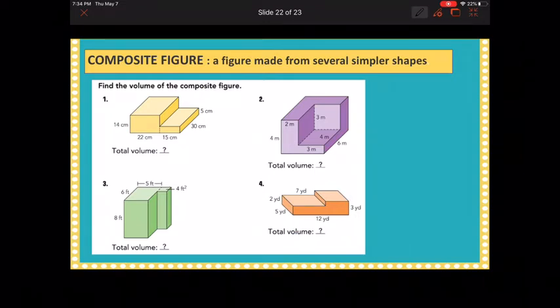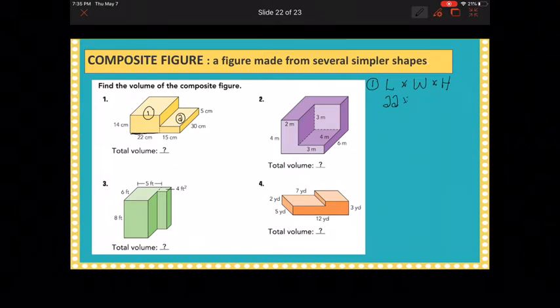All right, number 1, you can see there that you can pretty easily see 2 rectangular prisms right next to each other, right? You can see prism number 1 right there and rectangular prism number 2 right here. Let's figure both of them out and add them together. Okay, so let's do number 1 first. All right, let's put number 1 over here. We've got our first rectangular prism. We want to do length times width times height. Our length is 22 centimeters